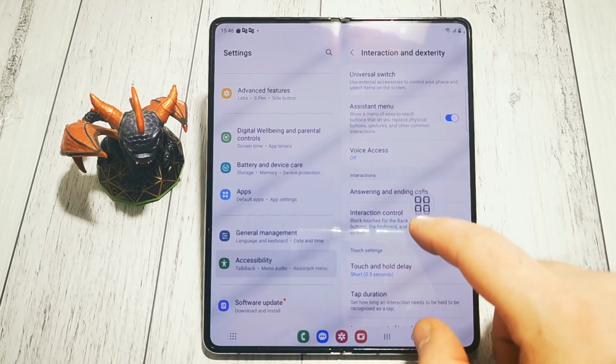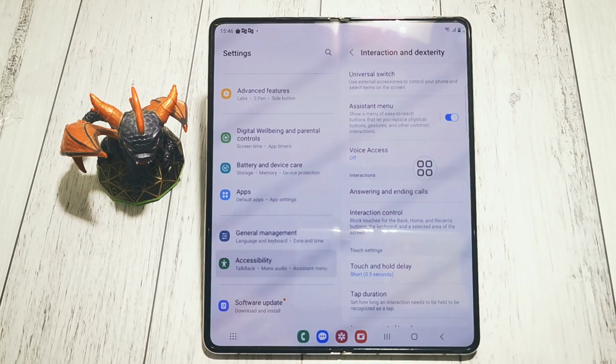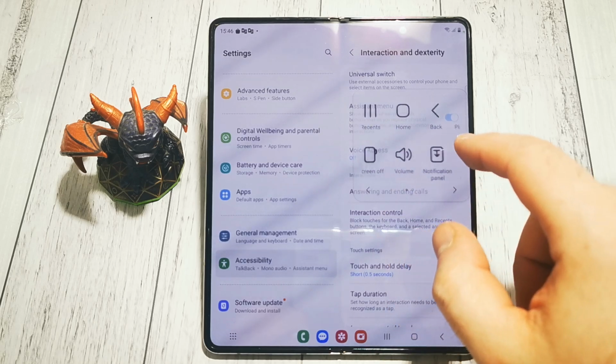It's this little button. What does it do? As you can see here, it shows a menu of easy to reach buttons to let you replace physical buttons, gestures and other common interactions. As you can see, we have a few of them by default,